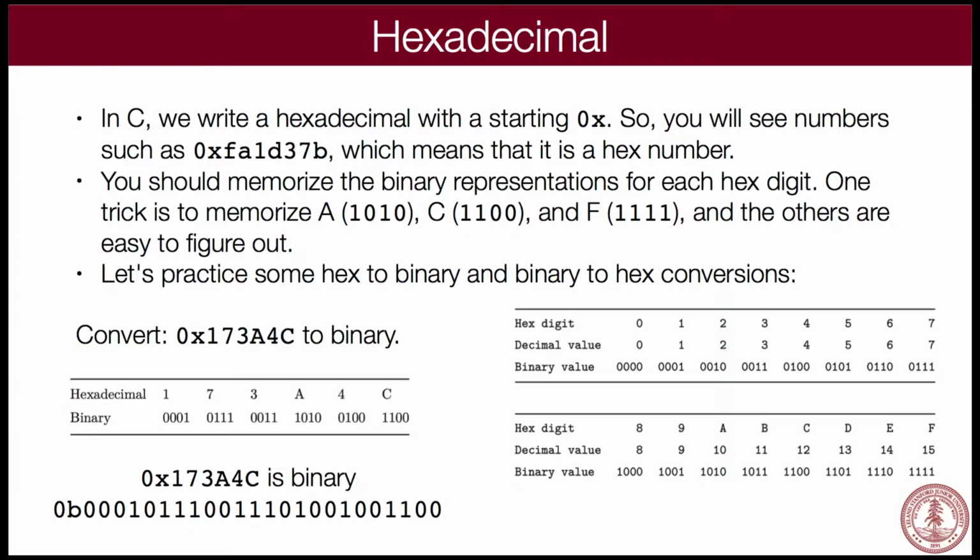Okay? We write hexadecimal numbers using the 0x prefix, and that's just to designate that it's in hex, right? A lot of times you'll just see letters and go, oh, it must be in hex. But we use the 0x to say if something's in hex. We also use 0b to say if something's in binary, and then sometimes 0d, or just add a d at the end for decimal. Okay? So a number like 0x173A4C is a hexadecimal number because it starts with 0x. That's the end of the story there.